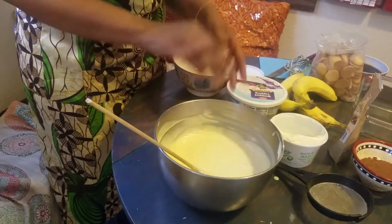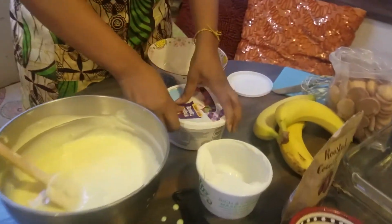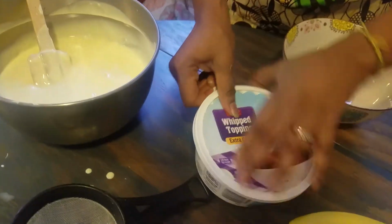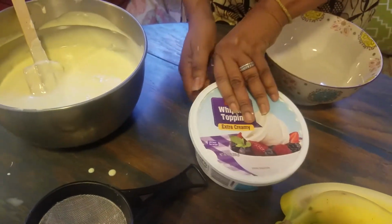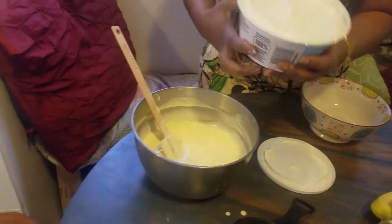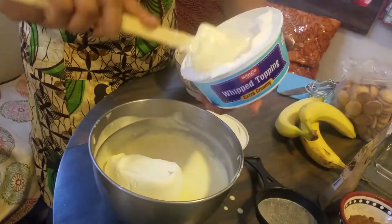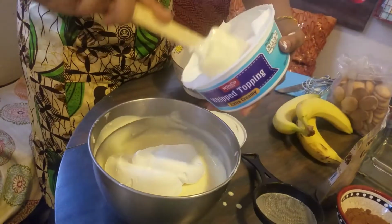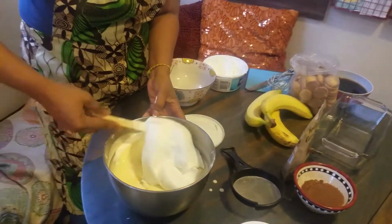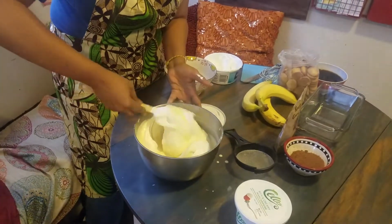And then the next thing we're going to do is we're going to take our whipping cream. Let's close this up. It doesn't matter what kind of whipping cream you use, but we're going to fold the whipping cream. So with tiramisu, it tells you to use heavy cream. Absolutely use heavy cream if you're making a traditional tiramisu, but because we're doing our cheat recipe, and you see what we're doing, we're just folding the whipping cream